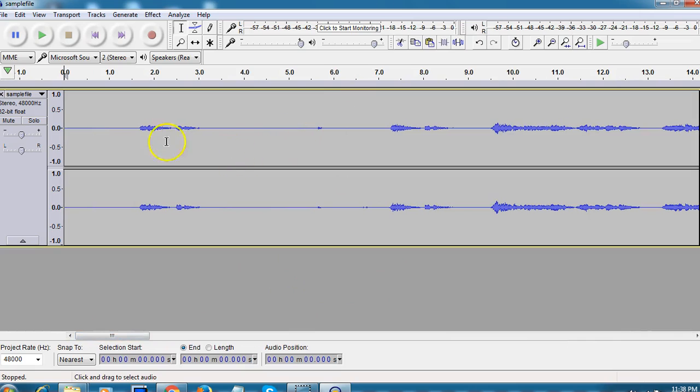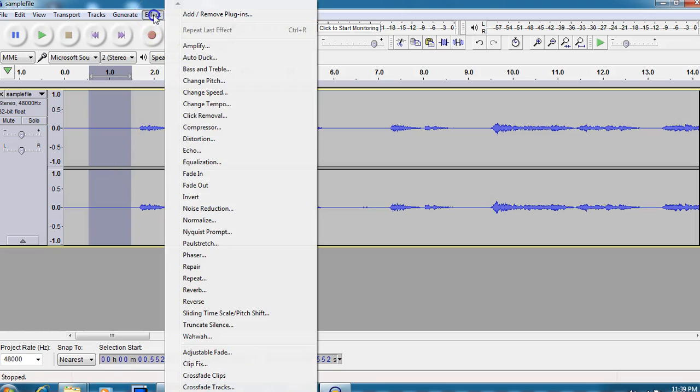First we need to copy a single small piece of the noise. After that we apply it to the whole audio file, and then the noise will be reduced automatically. Just copy a small piece of the audio file, then go to Effect, Noise Reduction,